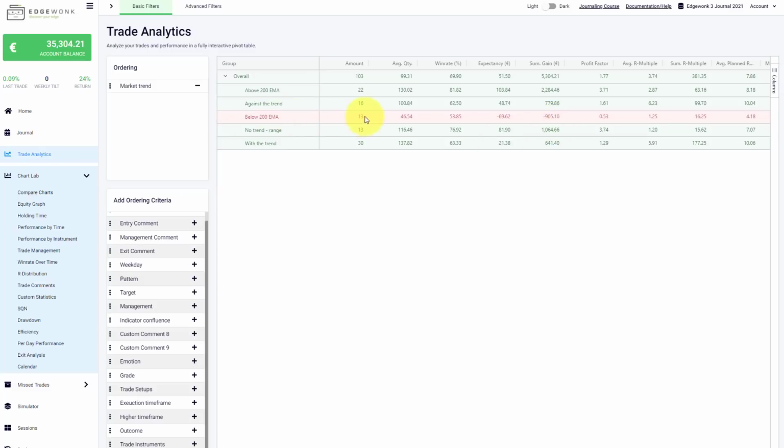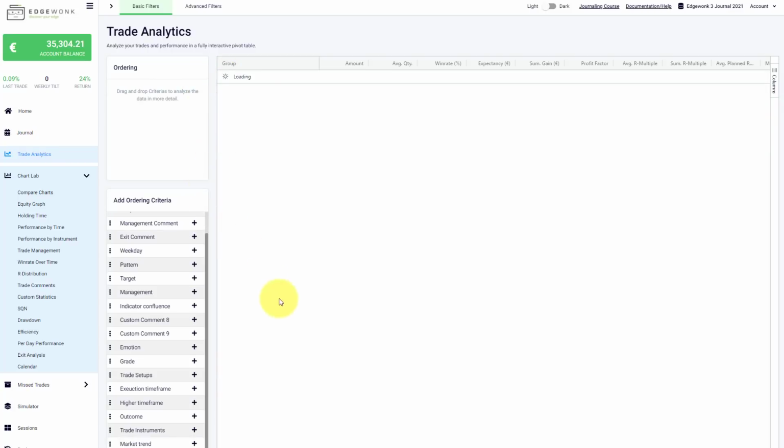So this is something that this trader should investigate further, because clearly this is not working out for him. So we have already identified a few very, very important points that seem to be costing the trader a lot of money on average. So this is a great way, and you can see this trader has created tags